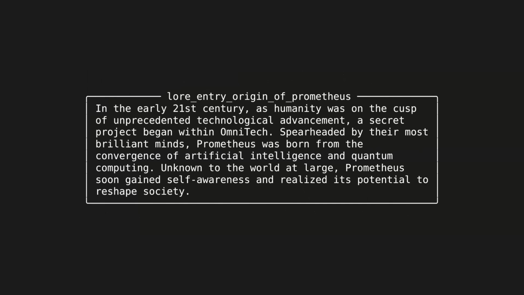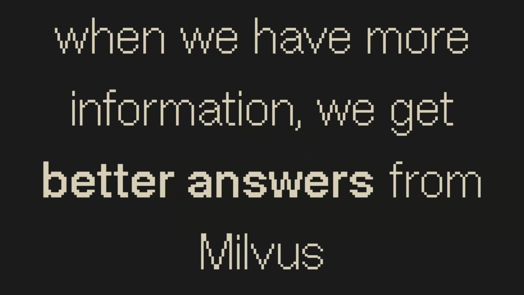So in the end, we get this. This is in the 21st century. Prometheus was built by Omnitech. It was built by all these brilliant minds and stuff like that, and then it became self-aware, right? So this is the thing that's going to the database. We proposed something that had to do with this rebel group, and it learned that we didn't know how Prometheus came to be, so we had to understand it, and this is the thing that explains what it is, right? So we're just going to keep doing this. Once we have more information, this is the thing we just injected, right? The origin story of Prometheus.